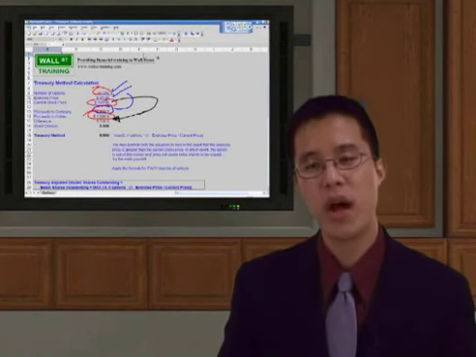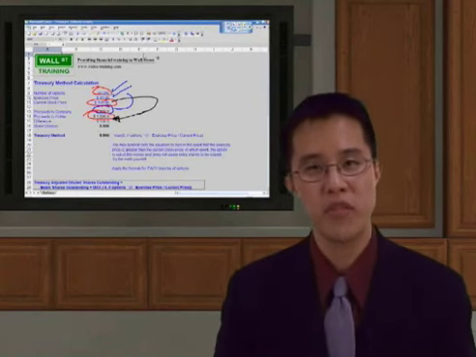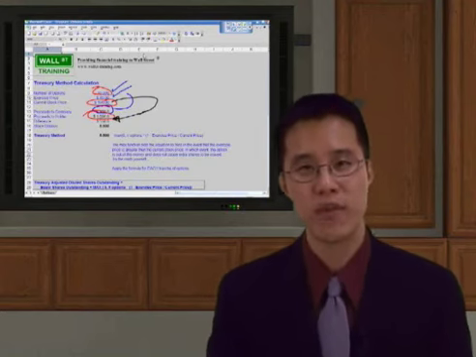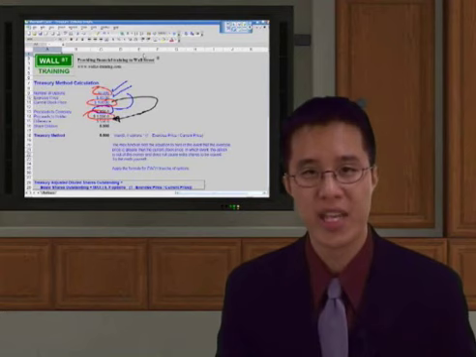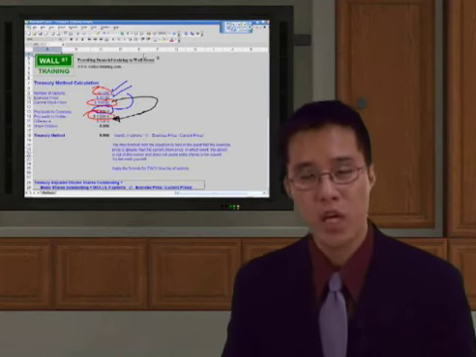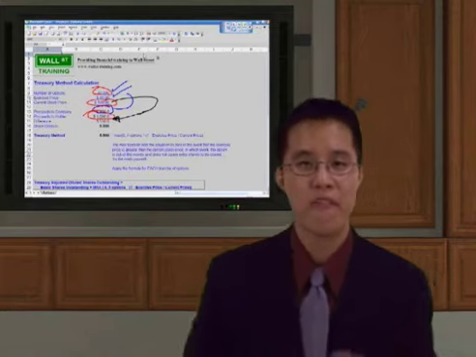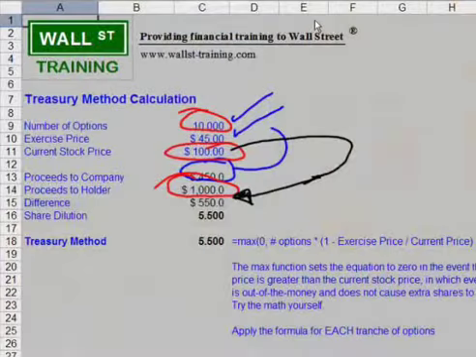But instead of the company giving them $550 in cash, we assume that this is a cashless exercise, and the company will basically, instead of giving them $550, give them 5.5 shares. So in other words, you take the 550 divided by the 100, and you will get a total of